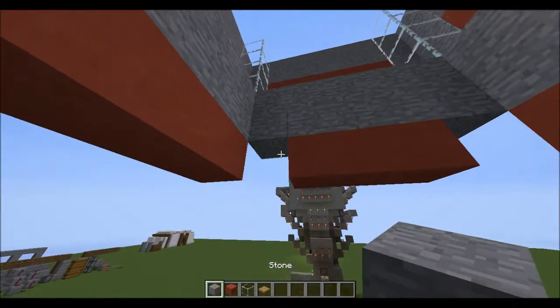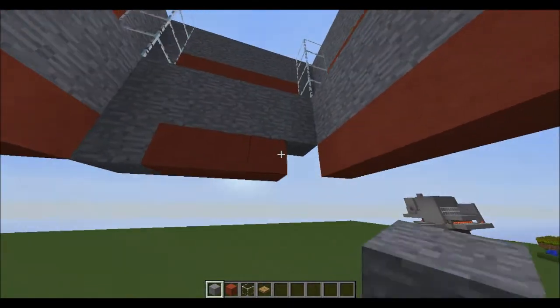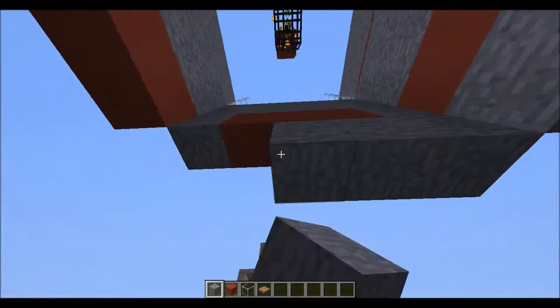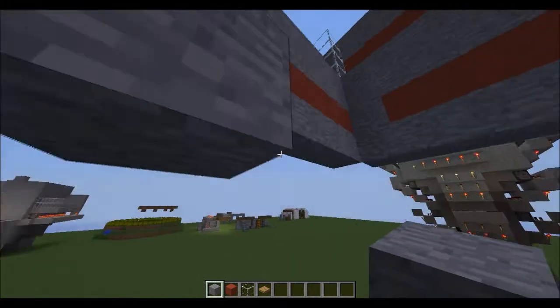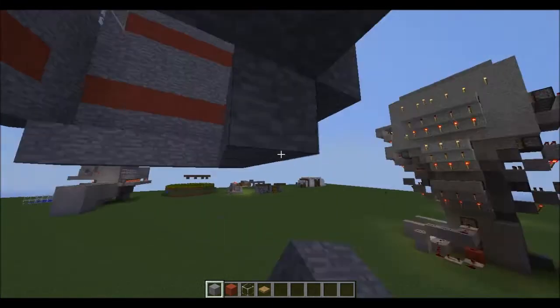And fill this in with stone, this in with stone, like so, and then go down one more layer and fill that in with stone. So once you have this all done, you're going to want to then place a block here, break this one because you need that space again for redstone, and then you're going to want to go all the way around like this,